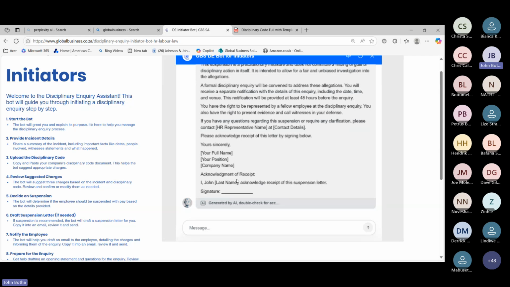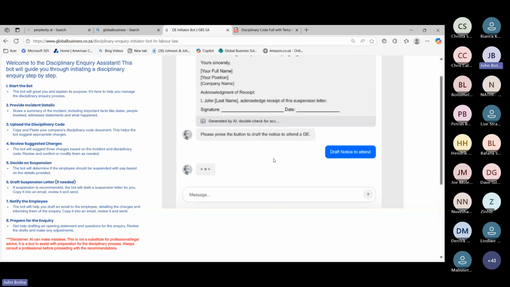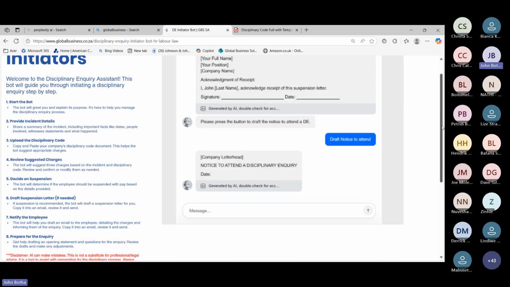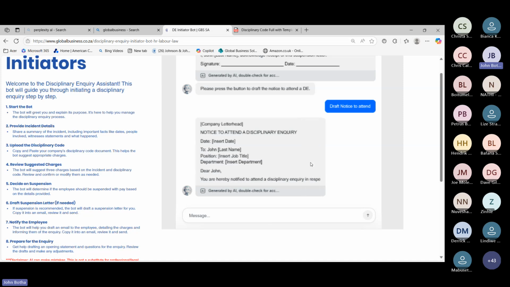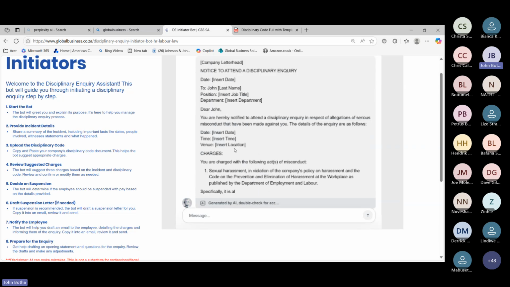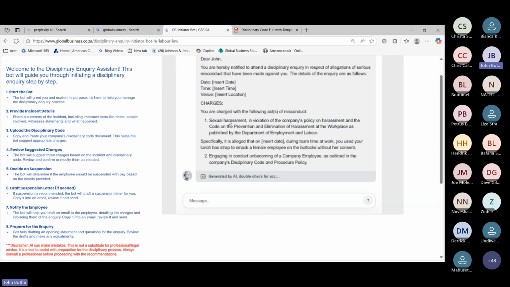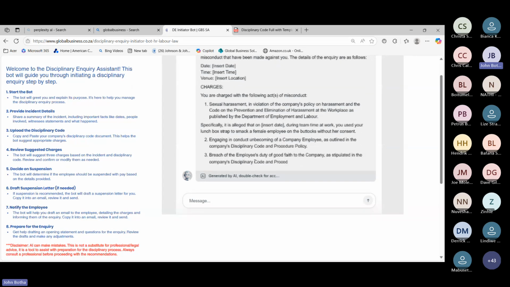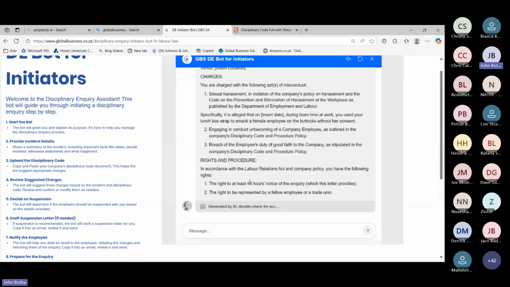Once it's given the letter of suspension, it will ask me, do I want it to draft the notice to attend a disciplinary inquiry? I'll say yes, please do draft it for me. And of course, there we go. It immediately uses that information and it gives a notice to attend a disciplinary inquiry. As you'll see, it includes all the necessary requirements: the date, the time, where it will be, the charge, sexual harassment, engaging in conduct unbecoming, breach of duty of good faith. Then it gives the employee's rights, 48 hours' notice, of course, as we've just said,